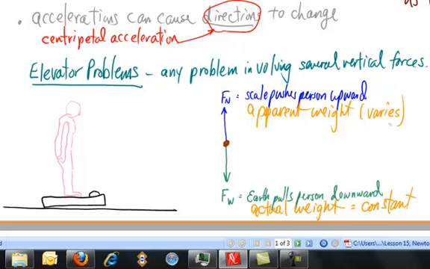But in whatever way these problems are stated, the approach to them is to sketch a free body diagram and then write Newton's second law, employing the forces shown in the free body diagram. Now let's apply this approach